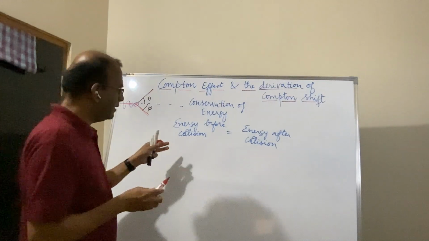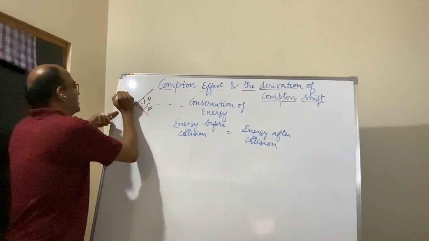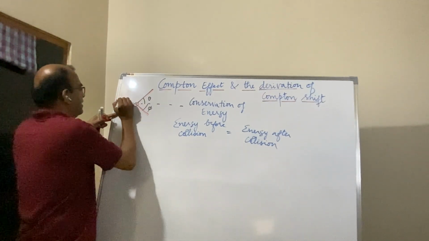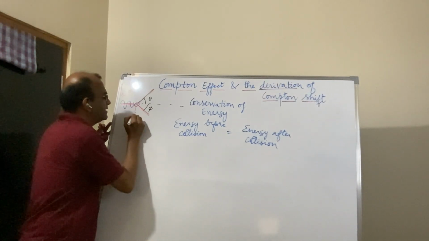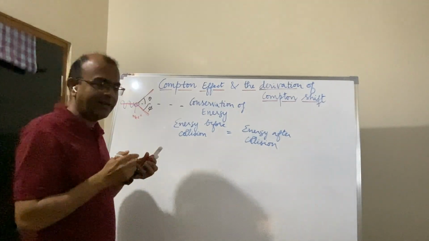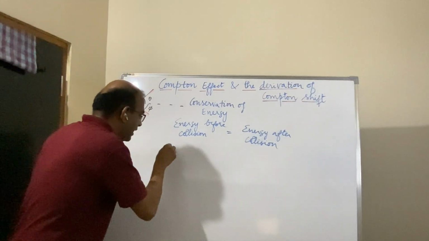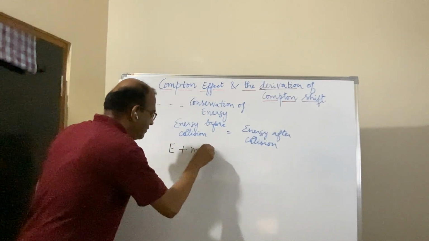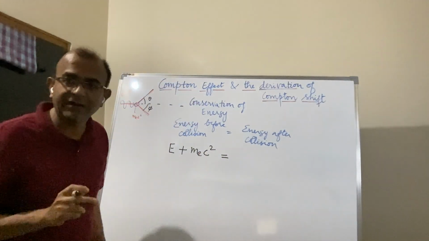So if I say energy before collision, initially the photon has an energy E, which is equal to h nu of course, and momentum p. First let's focus on the energy. Initially the electron has only rest energy, which is m_e c squared. So on the left hand side I can write E plus m_e c squared, right? And on the right hand side I can write